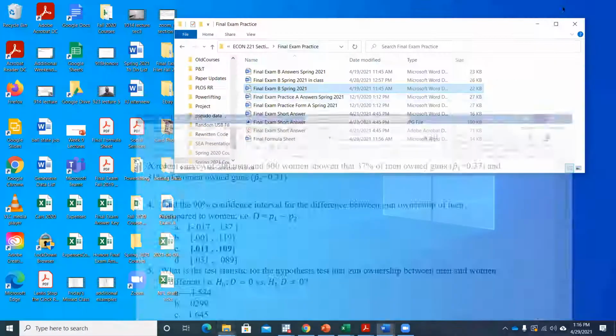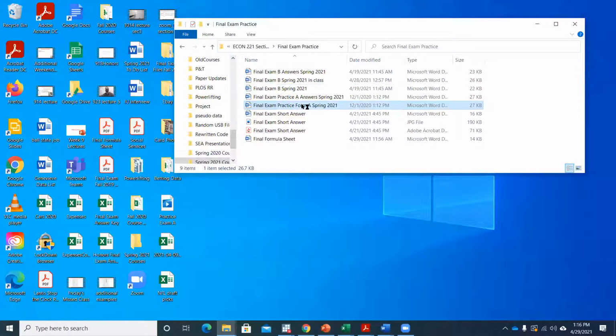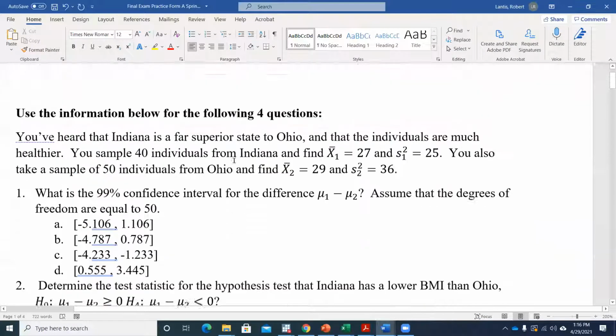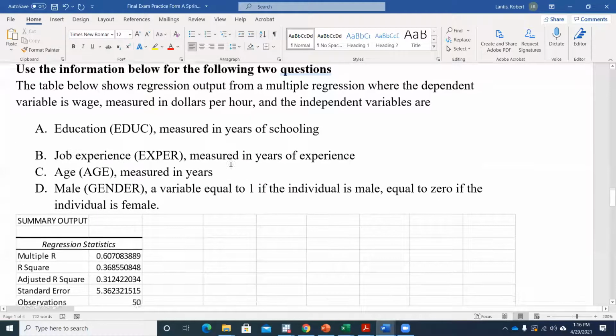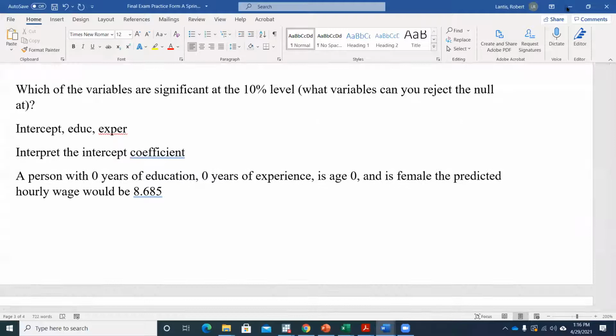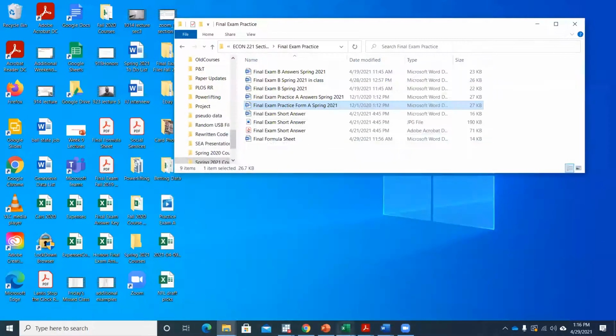I'll tell you right away one type of question that was left off of both of these, but it is fair game. When I was creating these practice exams, I knew we were going to do them in class and I was going to go over them. I wanted to make sure we went over these examples. So if we look at that